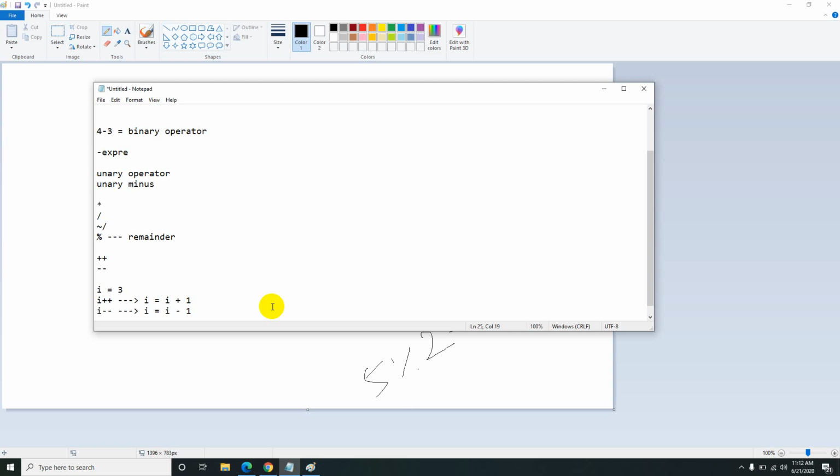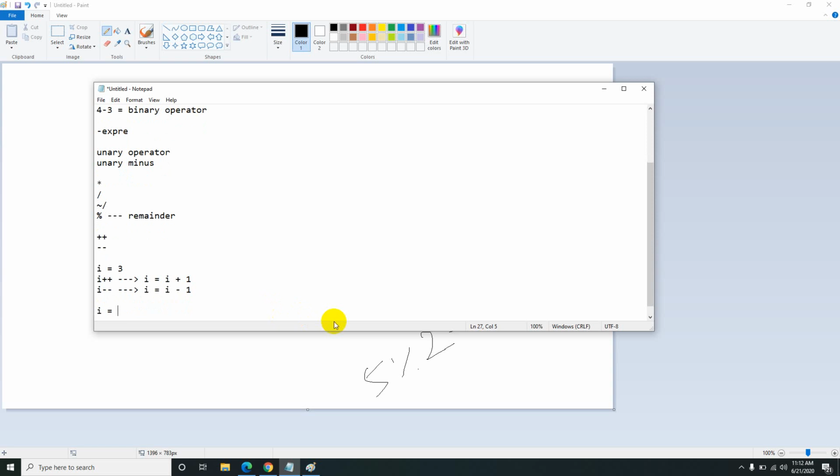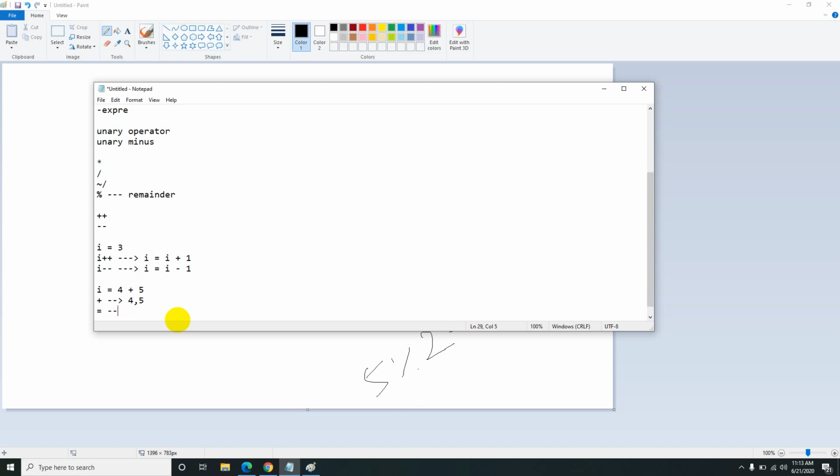Whenever you do this operation, you will get some result, and that one you can assign to a variable, like i is equal to 4 plus 5. Here there are two operators involved. Plus operator is for addition, and the involved operands are 4, 5. There is an assignment operator to assign a value to the left side. The operands involved are i and the result of this plus. So this complete result will be 9. i and 9 are operands here. So arithmetic operators, this is the thing.